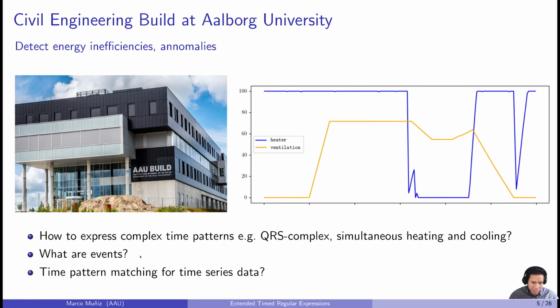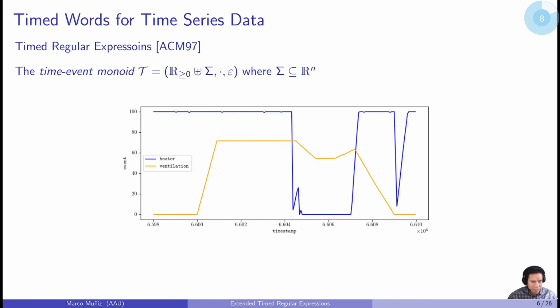In order to define this language, we will need to define what are events, and then some instance of time pattern matching for time series data. We start by defining our events, formalizing what are time words. For this, we're going to use a structure that is the time event monoid